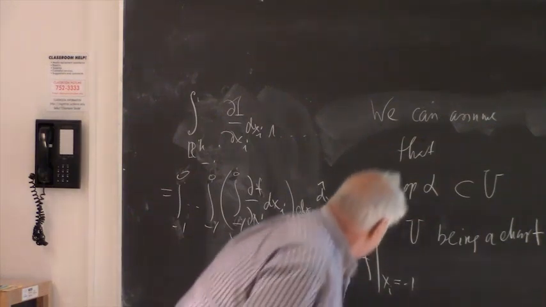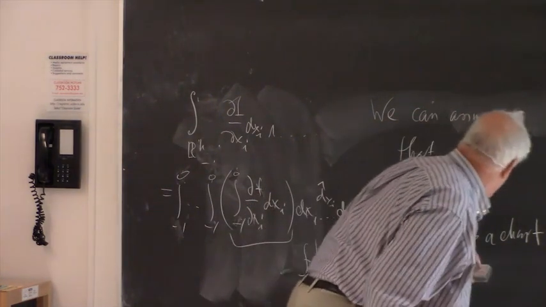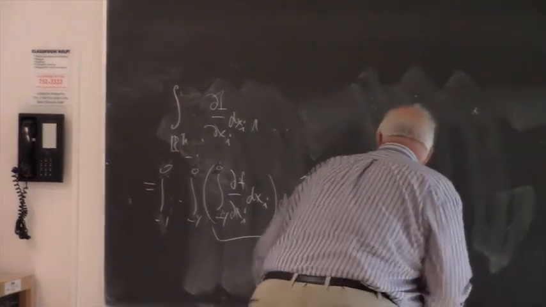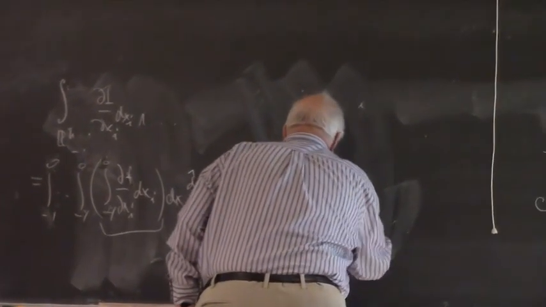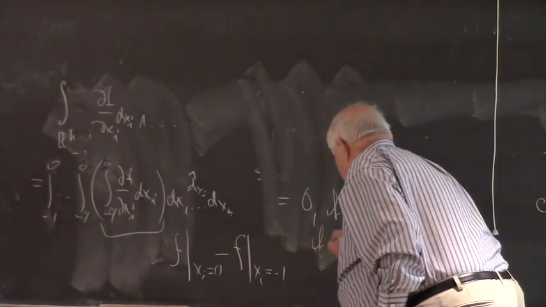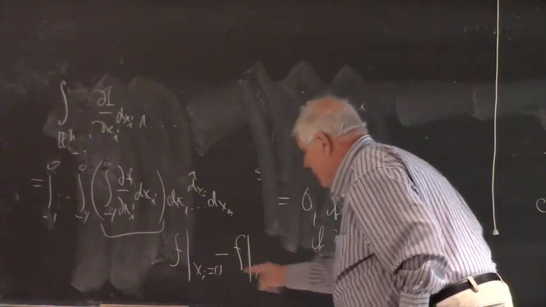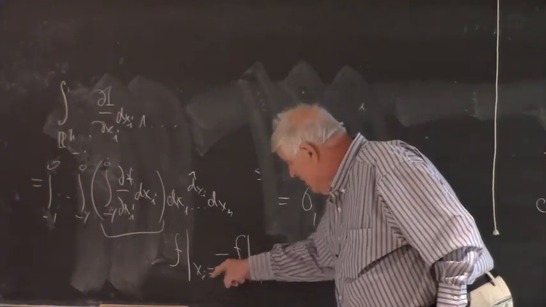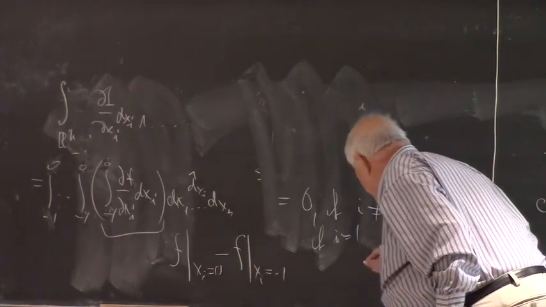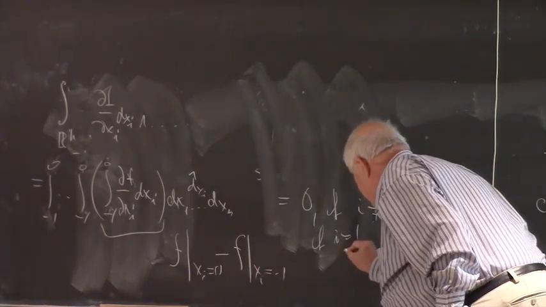So if i is not 1, then this integral is 0. If i is 1, then this is not necessarily 0. If i is 1, then it is the integral